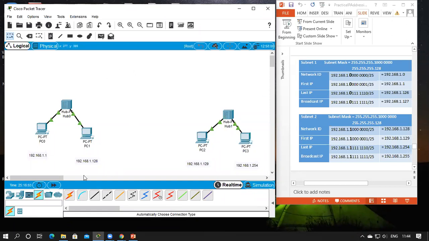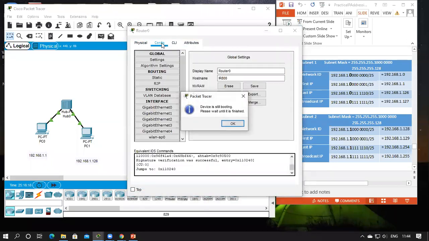Now to communicate with this, we need a router. So we'll select a router. Now make sure what router you're going to use. Suppose we use this router 89829. Click on this, check whether the link is available.